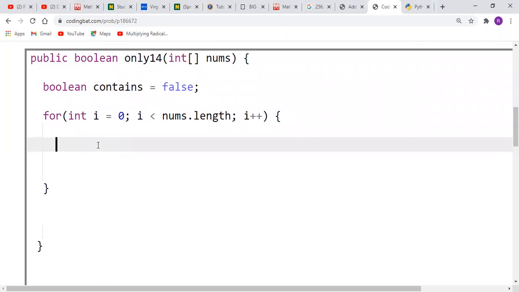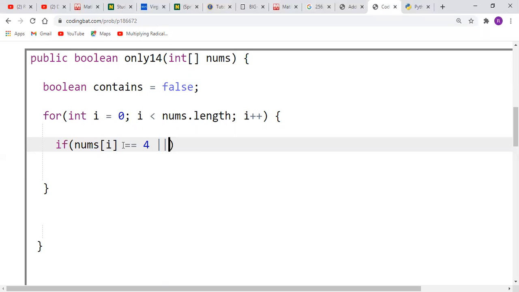Now, whatever logic I put inside this for loop, each and every element, referenced by each and every index, will be under scrutiny of any logic contained within both of these brackets. So in this case, I have an if statement here, and inside this if statement, what I did was I said, okay, if nums of i